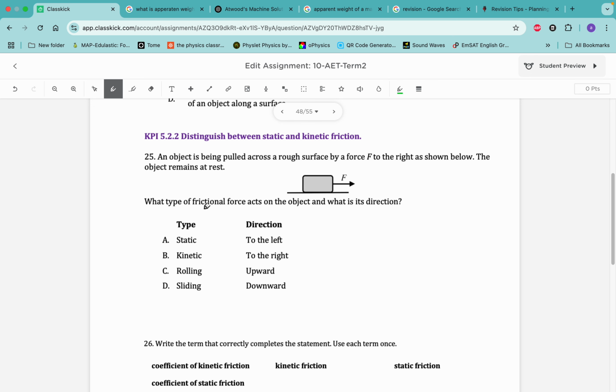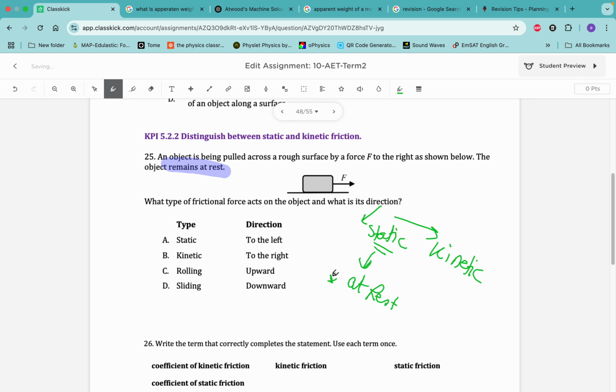Here, an object is being pulled across a rough surface by a force F to the right. Then the object remains at rest. So this is our keyword: remains at rest. This means the type of friction force is static, because we have two types, either static or kinetic. Static shows when the object is at rest,